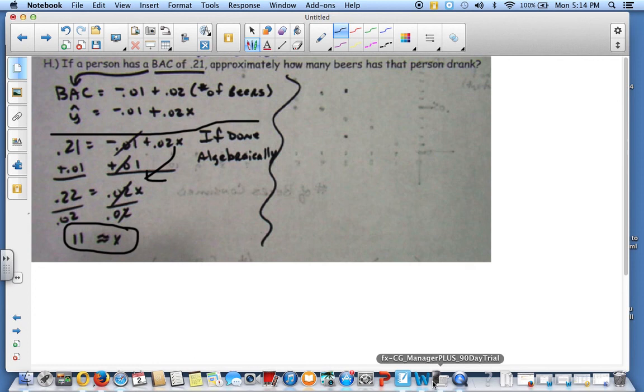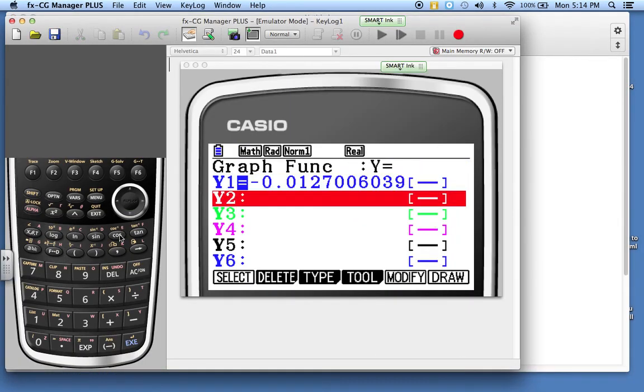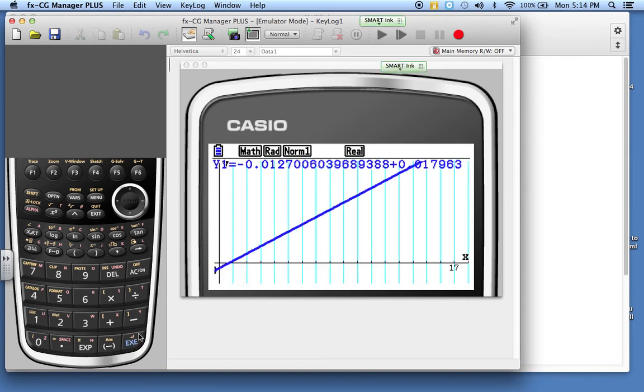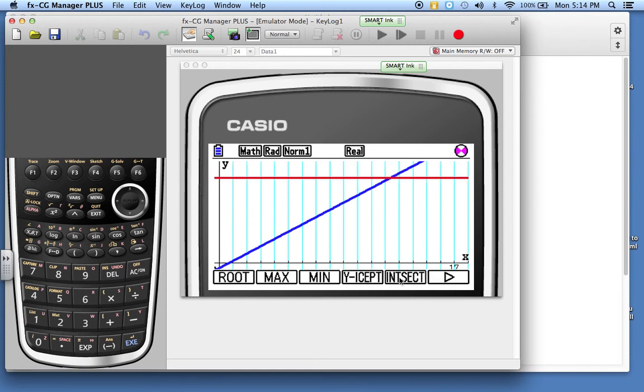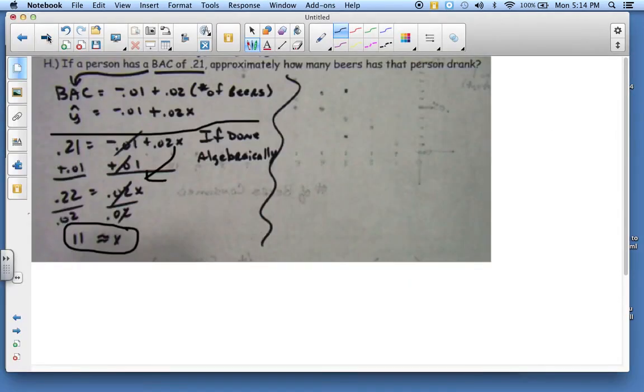Now, if I do this by calculator, I'll get a different story. So I'm going to hit exit. I'm going to drop down to the y equals 0.21. I'm going to create another line. Now notice I can find the intersecting point. So come over here to GSolve, find intersection. So a person with a blood alcohol content of 0.21 would have drank 12.39 or about 12.4 beers. So you can probably round that down to about 12. So anywhere between 12 and 12.5 beers. And that, ladies and gentlemen, concludes